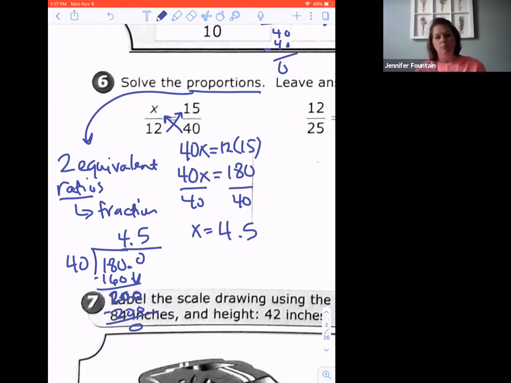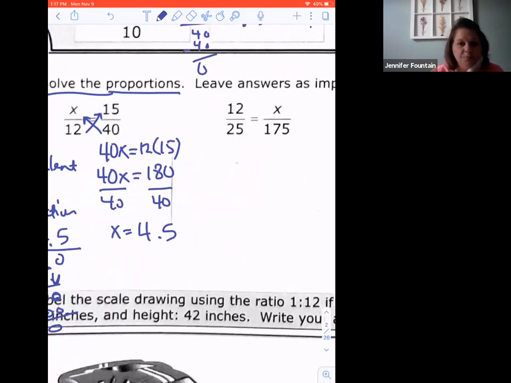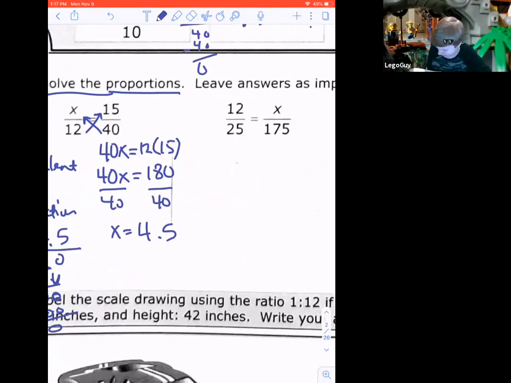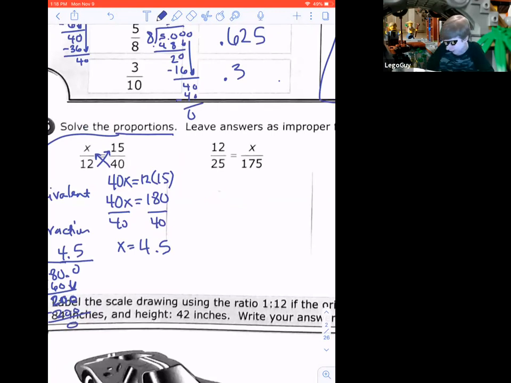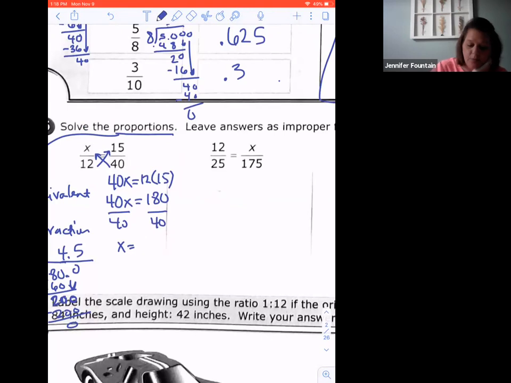Okay, cross multiply, set up an equation where you have multiplied numerator by denominator, numerator by denominator, and then solve for x. Wait, it says leave answers in improper fractions. Oh, okay, cool. Let me fix that then. So that would be 9 over 2, right? Yeah, so basically we would have